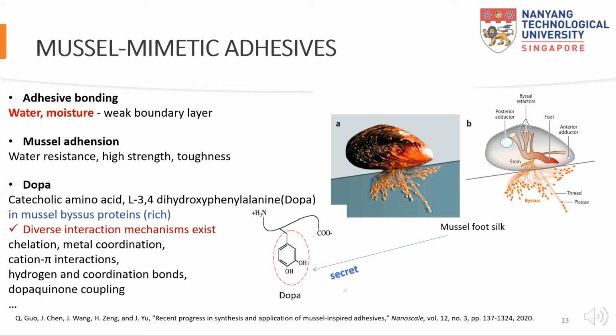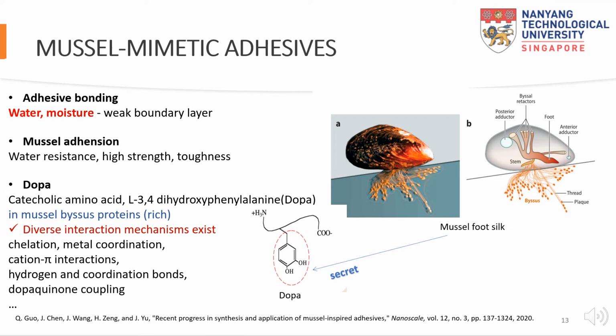In the technology of adhesive bonding, water or moisture has traditionally been treated as a surface contaminant or weak boundary layer. However, there are many organisms in nature that can adhere firmly underwater, such as mussels. Mussels attach to solid surfaces in the sea. Their adhesion must be rapid, strong, and tough, or else they will be dislodged and dashed to pieces by the next incoming wave. Their adhesion to many surfaces uses mussel-based proteins, which are secreted from the base of